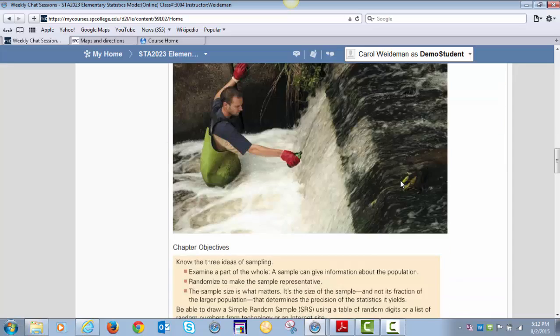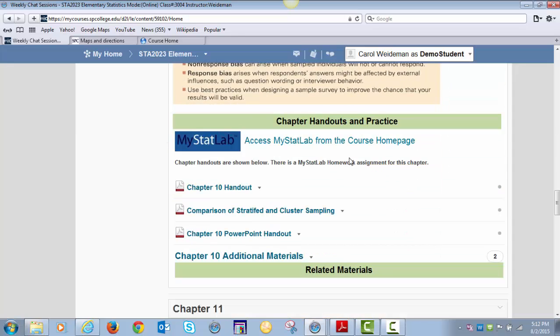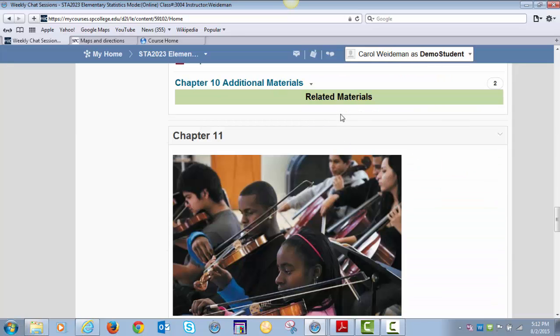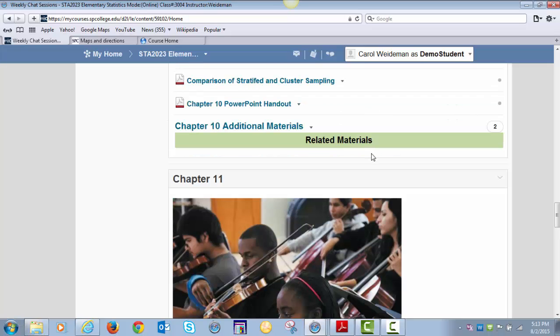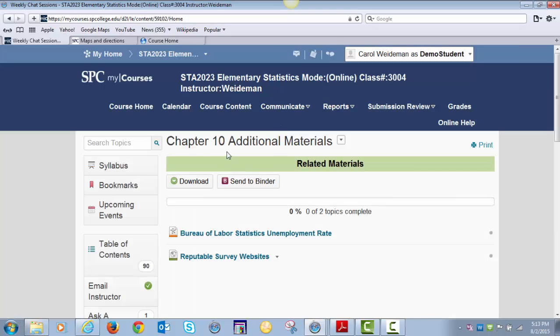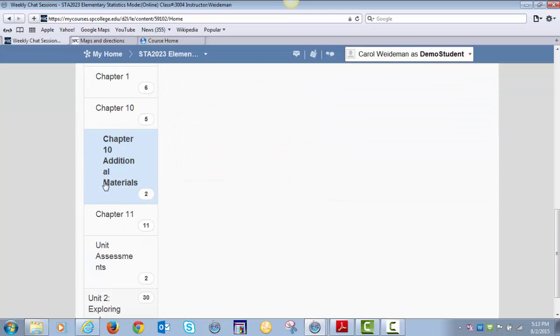In the last section, there's related materials, which are different materials about the other things that you might want to take a look at to help you with the topics in the particular unit. Staying in Unit 1 module,